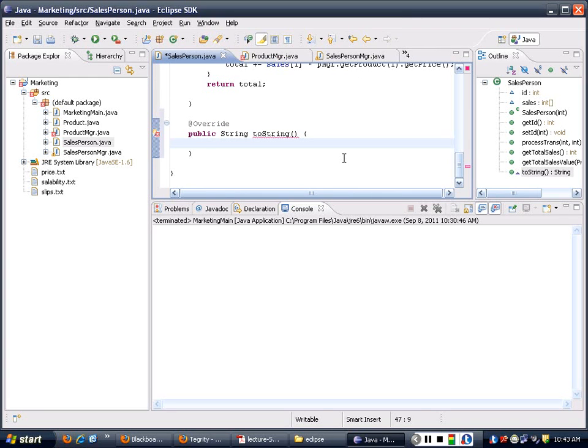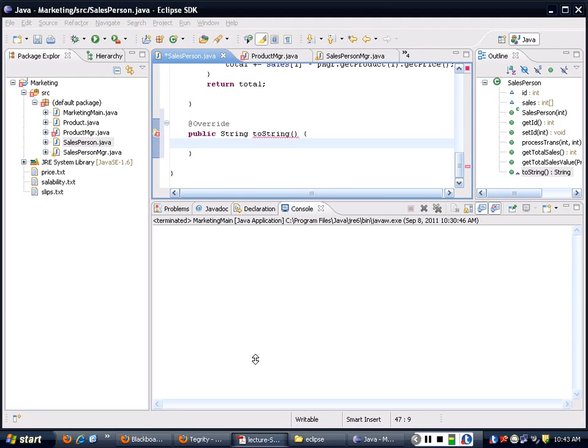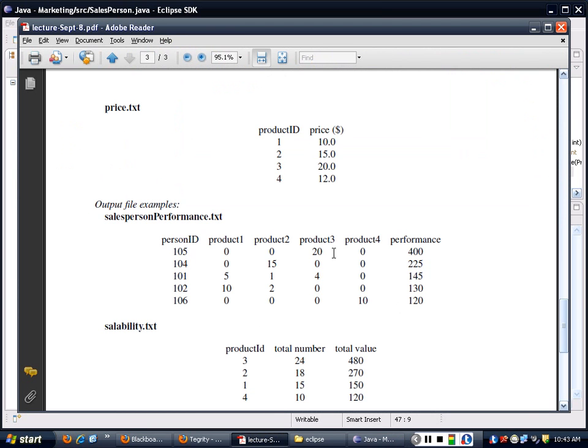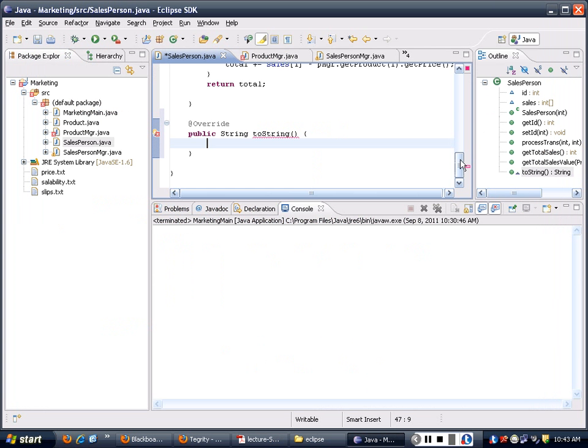Okay, when we generate toString, we would have person ID, P1, P2, P3, P4, and then the performance, the total sales. So what we are going to have here is return ID, have a tab, have the product 1, it would be sales at 0,